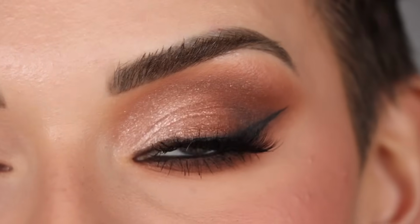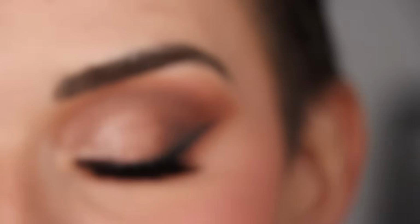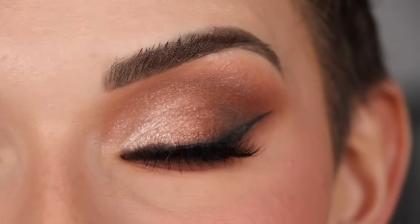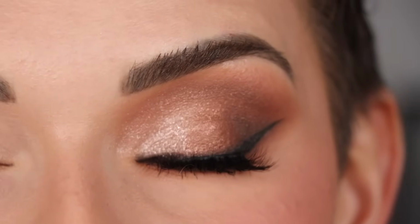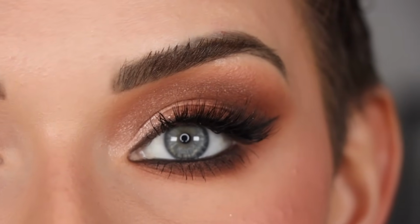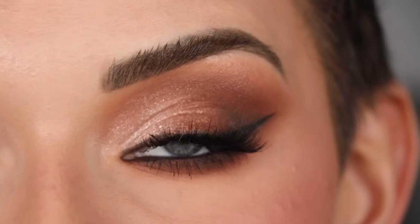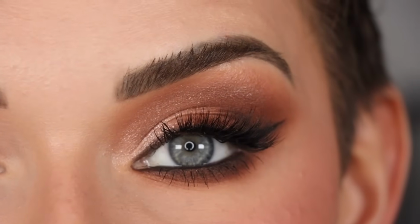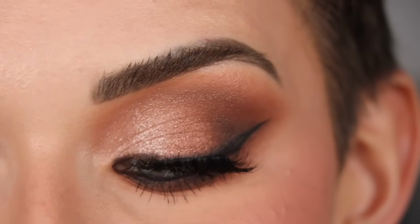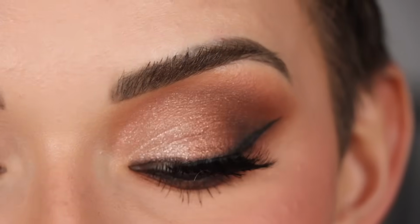Okay, mascara and lashes are on, and for my lashes, I'm wearing the Bright Lashes Flutter, which are no longer available because my company is now officially out of business at this point. I did a lash closing sale, and you guys bought all of my inventory way, way faster than I ever expected. I truly thought it was gonna take a couple weeks or a couple months to get rid of all my inventory because I had over 600 lashes, and at the time I'm filming this video, I am out of every single style of lash except all natural, and I think I only have like 30 of those left in stock. So by the time you're seeing this video, I believe I am completely out of lashes,